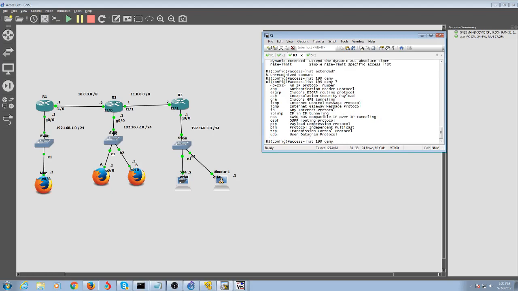Okay, here is the main difference between extended and standard. In standard, you usually just use one. You don't have any options of what you will deny. You will just deny the source, whatever host or network it is, and that's it. However, in an extended access list, you usually choose to either deny ICMP, or the pinging, or Internet Control Message Protocol,